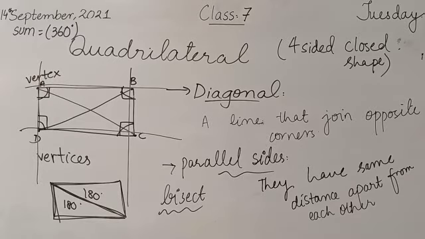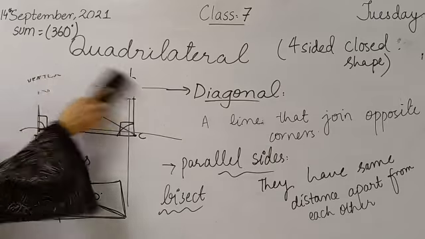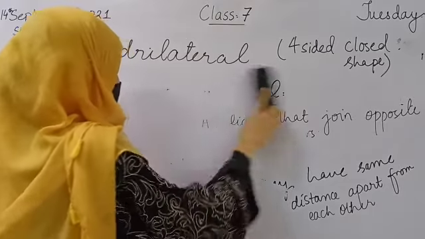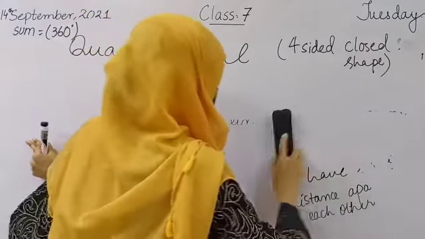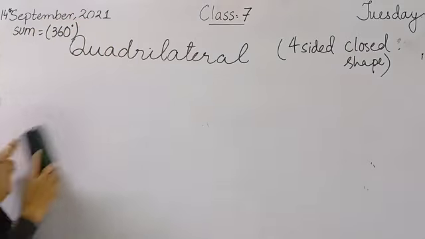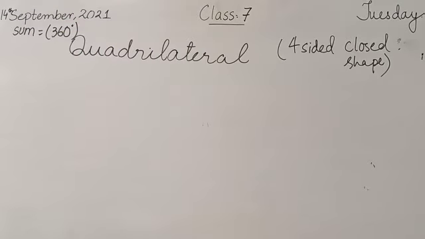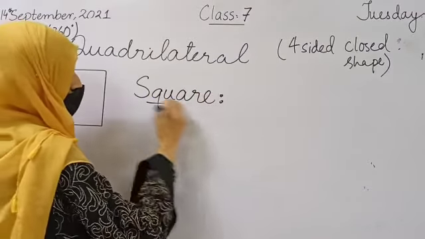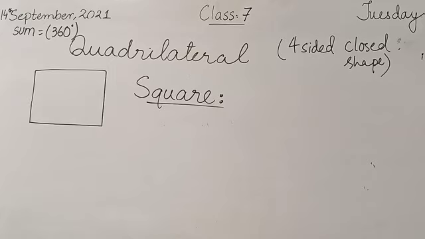So these are some terms which we'll use while describing the properties of quadrilaterals. Now I am drawing the first quadrilateral, which is very simple and common, and you all are familiar with this quadrilateral. Guess what? Very good. Square. What is this? Square. Now write the properties in terms of